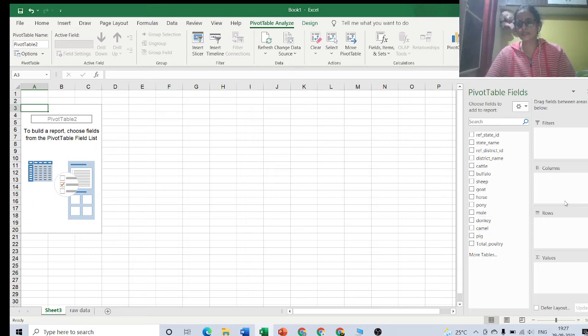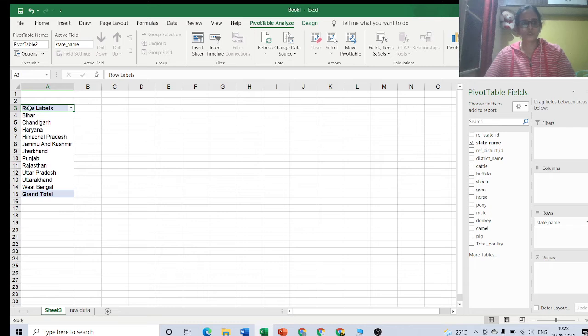On the right side you can find the columns and rows, and also the sigma values. What you have to do is first select the field that you want in the rows. I want the state name to be displayed in the row. See, it got displayed here.